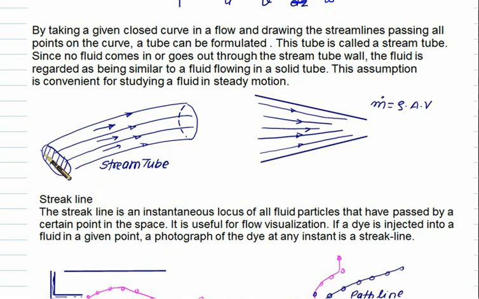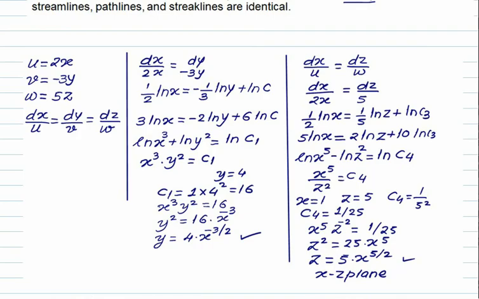If you draw a number of streamlines, they form parallel paths, and using these we can form the concept of a stream tube, and no streamline will cross it. So it is exactly the idea of a pipe. In the case of a converging path, the streamlines will converge. For steady flow, the pathline, streakline and streamlines are identical lines.